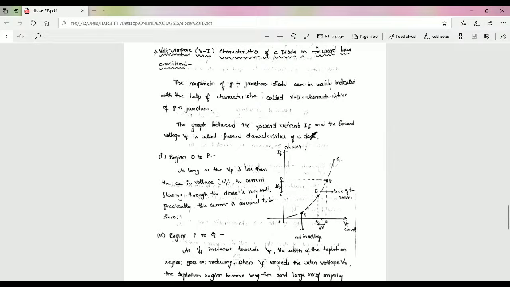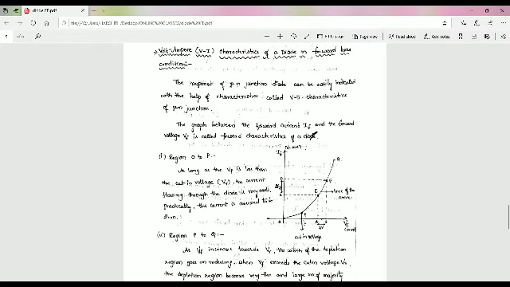And the second one, region P to Q and onwards. As VF increases towards V gamma, the width of the depletion region goes on reducing. This is the VF voltage, in the VI characteristics, voltage versus current characteristics. VF increases towards the cut-in voltage V gamma, and the width of the depletion region goes on reducing.